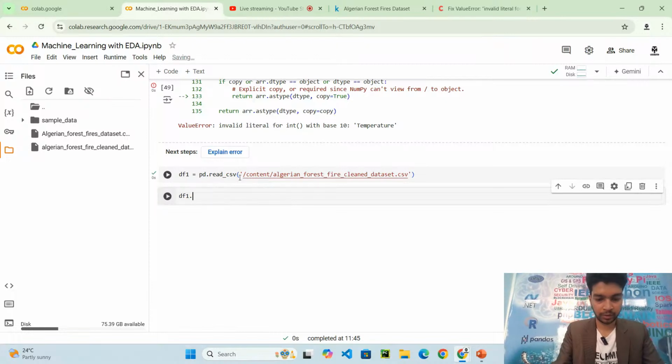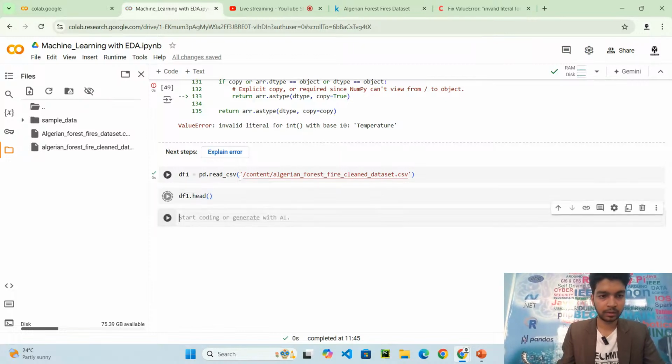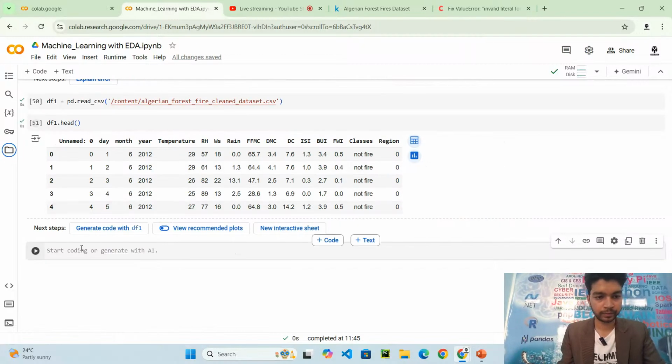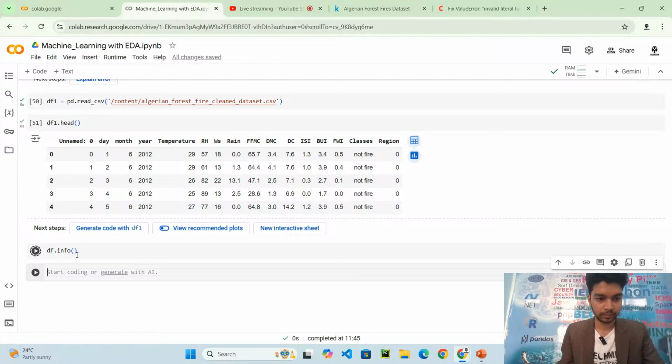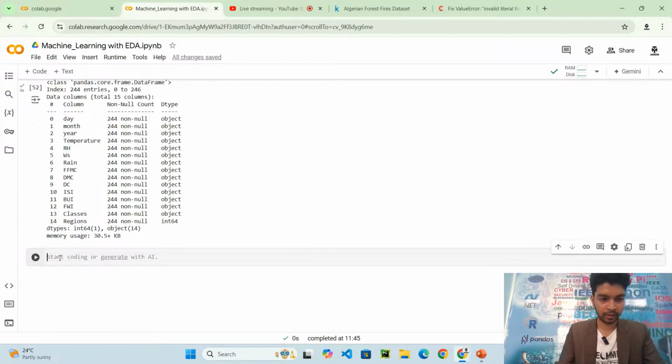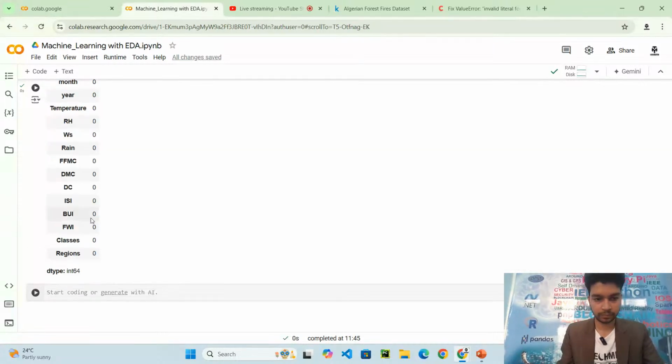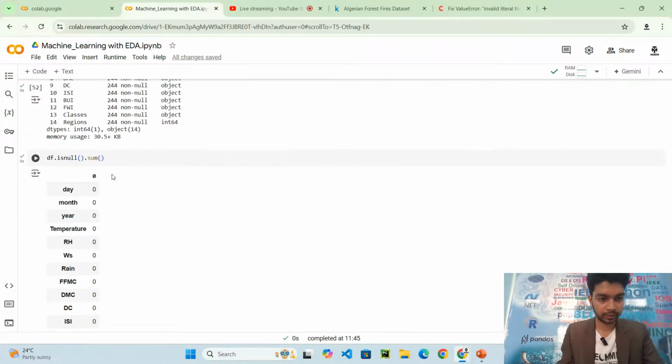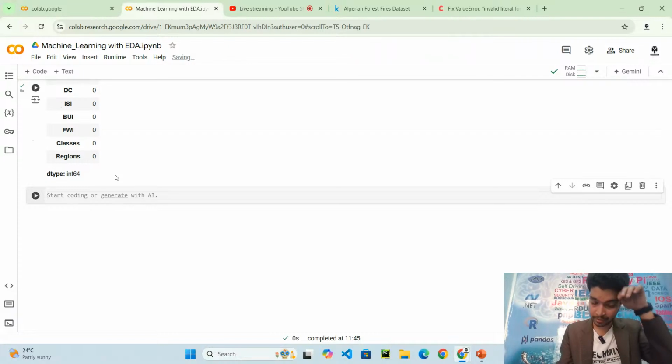So df1.head. So df.info. The object type is there. So what I will do is df.isnull().sum(). Okay, there is no missing value because it is a cleaned data set.